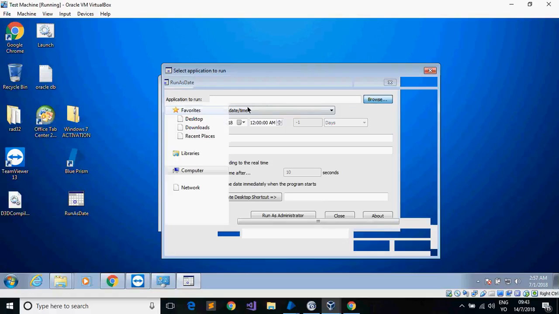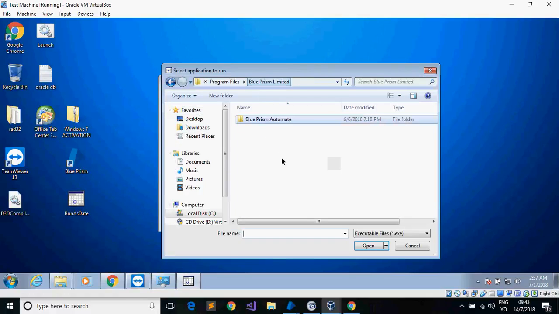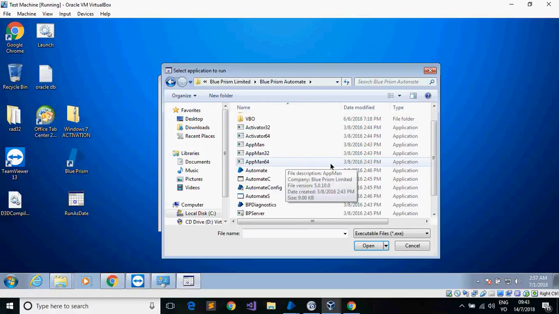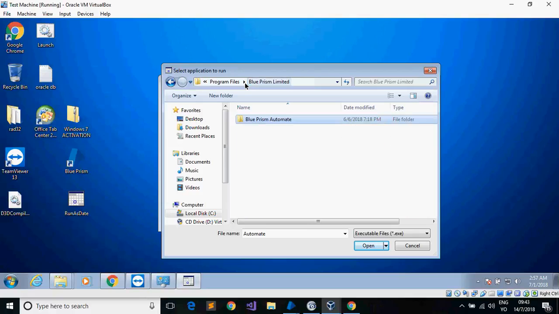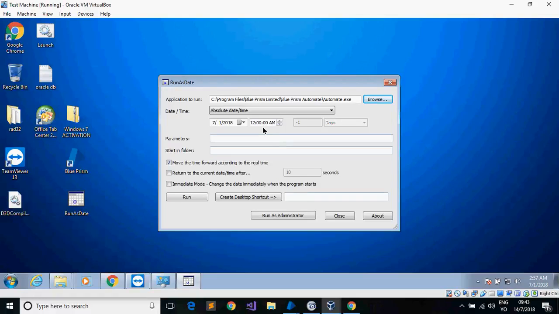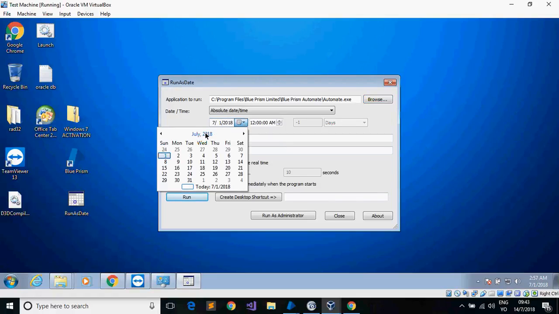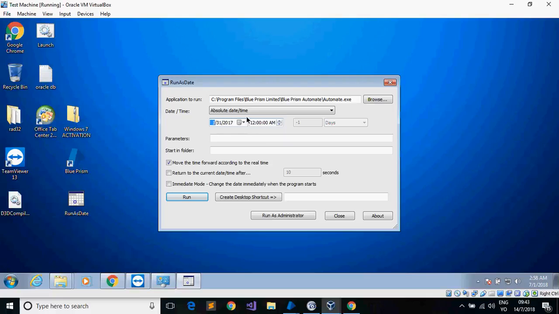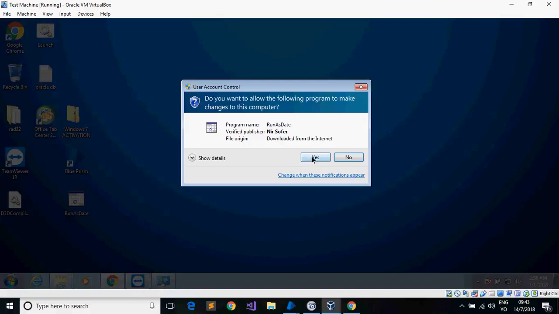You can choose which application you want to run. I'm using the Blue Prism application, so I'll just select this Automate. Inside C Program Files, Blue Prism Limited, Blue Prism Automate, and then there is this icon called Automate. So I'll select that because that is my exe file of the application. Open it. And what date you want to run to, you can choose here. So for example, I want to run this on 31st January 2017, and whatever time you want, you can choose to run this. And if you run as administrator,